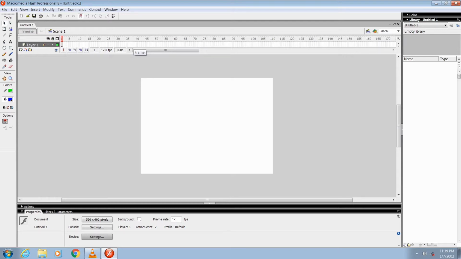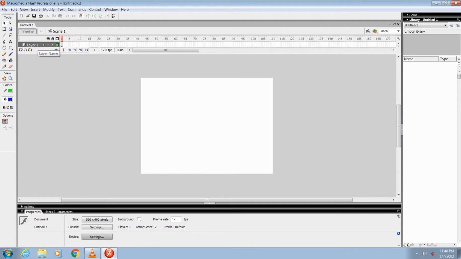Okay, here on the left hand side you can see a red color rectangular box. This is known as the playhead. This playhead moves from left to right when an animation is created. Got it? Then on the left hand side of the window, here you can see the layer. By default, here is written Layer 1.